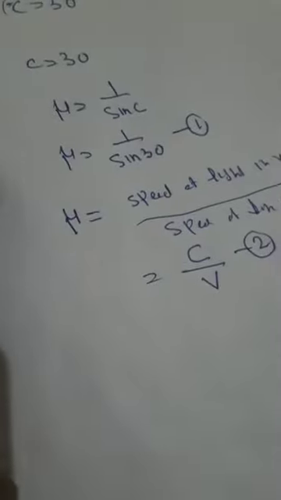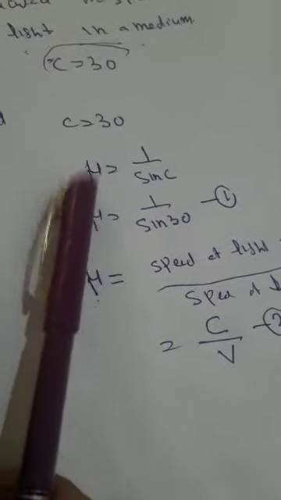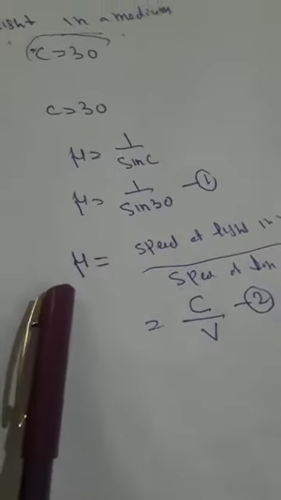Refractive index, I have derived the relation between refractive index and the critical angle. Refractive index is equal to 1 by sin C, because we have calculated the relation between refractive index और critical angle में, ये relation है, हमने अभी निकाले हैं. Also mu is equal to 1 by sin C, critical angle is 30 degree, that is sin 30. We also know refractive index की definition: it is the speed of light in vacuum to the speed of light in that medium. Speed of light in vacuum is denoted by C, speed of light in that medium is V. Now comparing equation first and second, ये भी refractive index के बराबर है, ये भी refractive index के बराबर है. इसका ये मतलब हो गया